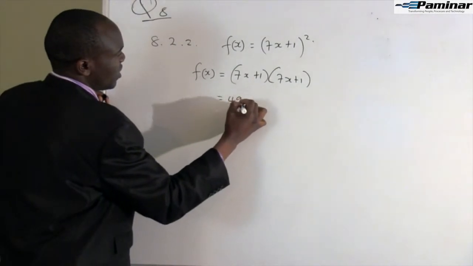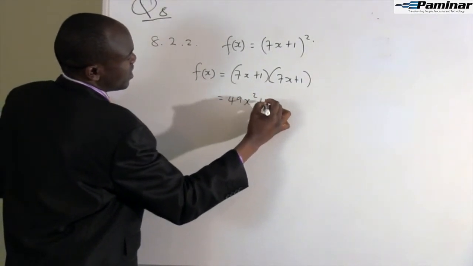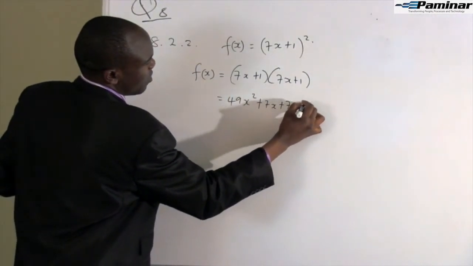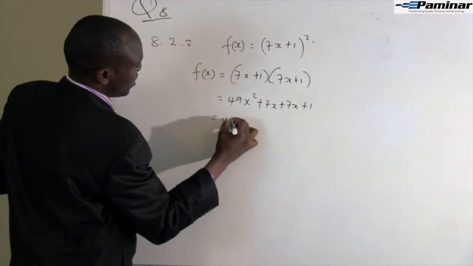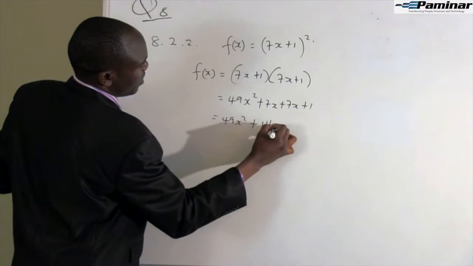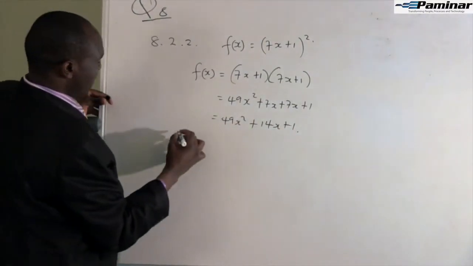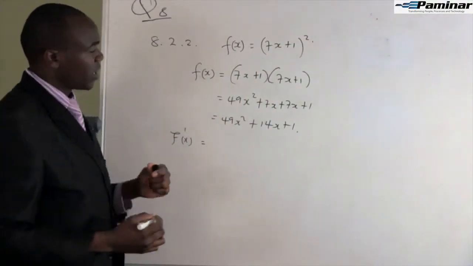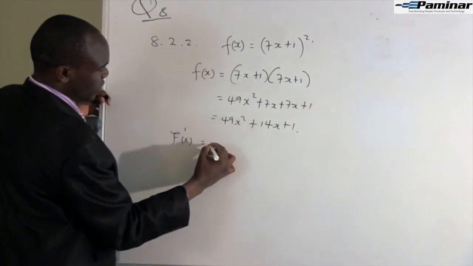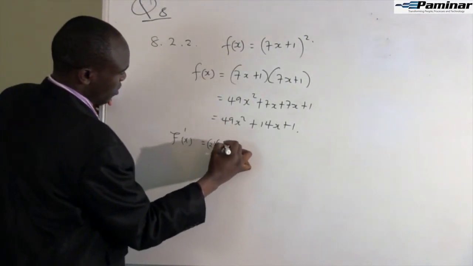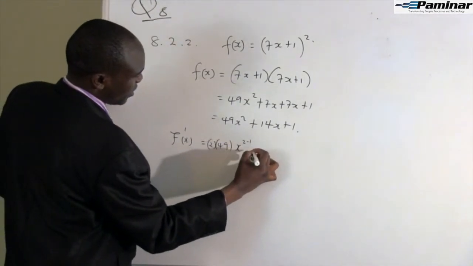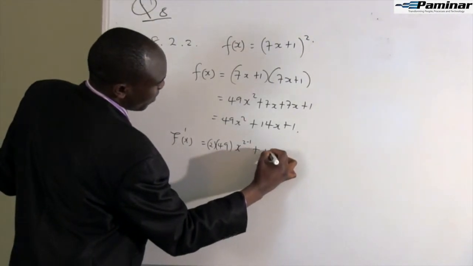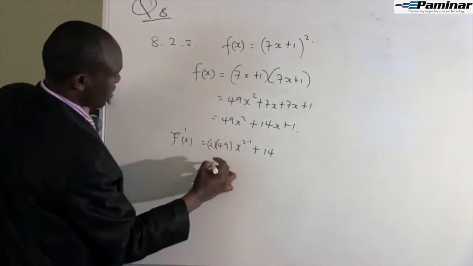So it's 49x squared plus 7x, which is 14x, 7x plus 1, which is going to be 49x squared plus 14x plus 1. Now, first derivative of x, we just apply that rule. So now we are going to have 49 times 2, 49x to the power 2 minus 1 plus, now this one will be 14. Yes, 14. Then that's 0. And then what are we going to have here? 98